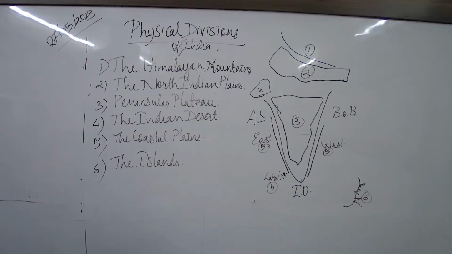What's there, the 6th one? It is the islands. What's written? Andaman Nicobar on that side, Lakshadweep on this side. Under the Arabian Sea we have Lakshadweep, and under the Bay of Bengal we have...